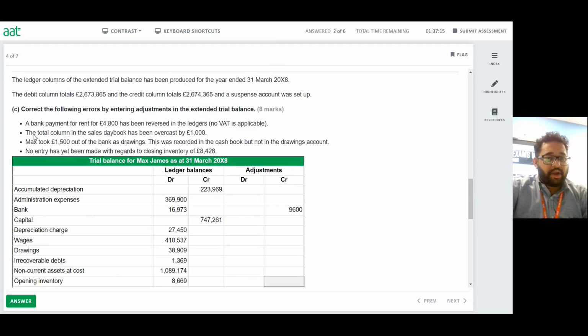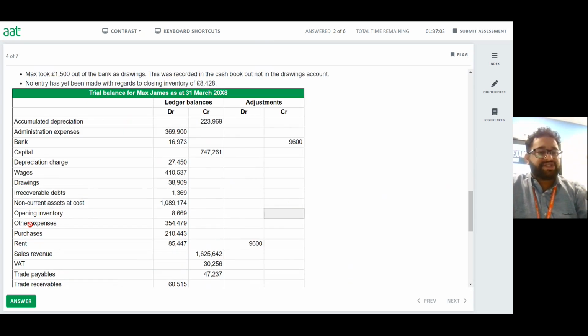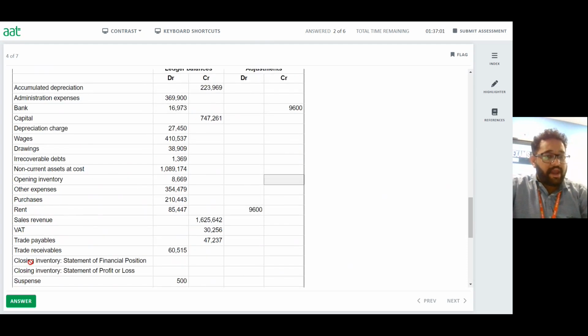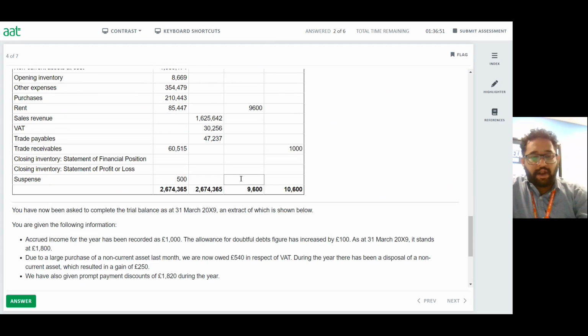So next one, the total columns of the sales day book have been overcast by £1,000. Therefore, SLCA would have had a debit entry of £1,000 more. Put it another way, your trade receivables had £1,000 more on the debit side. So to remove it, we put £1,000 here on the credit side, and then also we do a suspense account